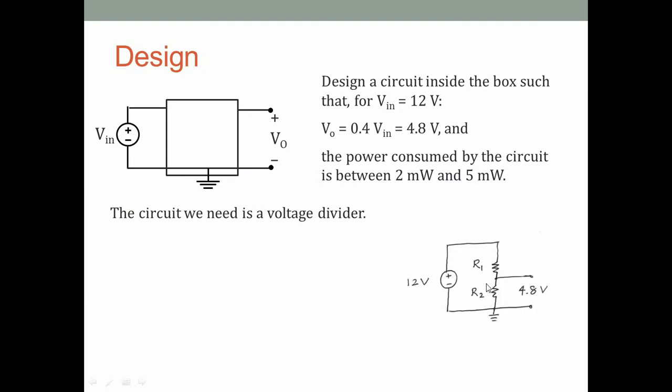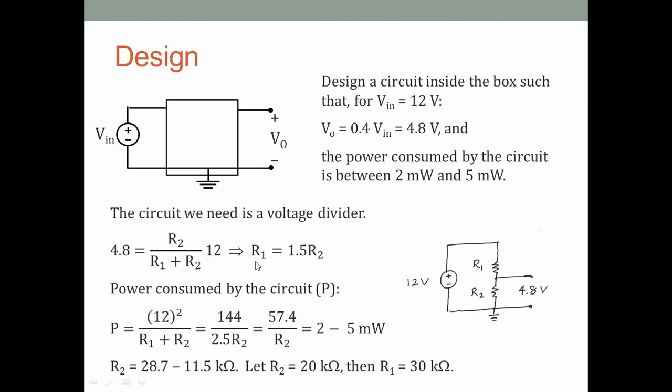So here is the circuit. So we have 12 volts and we have R1 and R2, and we take the output Vo across R2. And what we need is that this voltage is 4.8 volts when this is 12 volts. So we have to write an equation that will give us R1 and R2, actually two equations. So the first equation is of course the voltage division. So we say 4.8 is equal to R2 by R1 plus R2 into 12. So that gives us one equation, and if we solve this, then we'll get R1 equal to 1.5 R2.